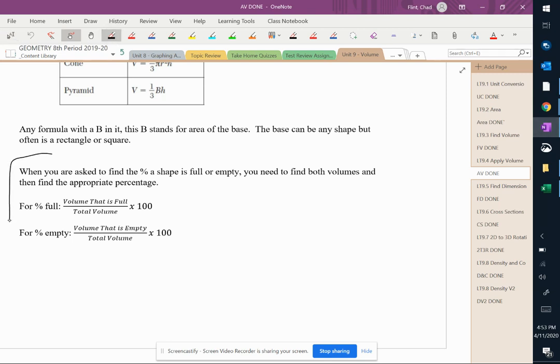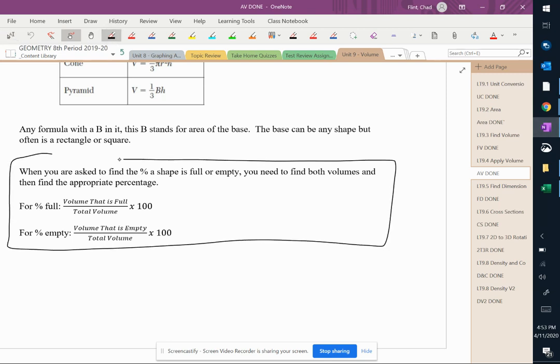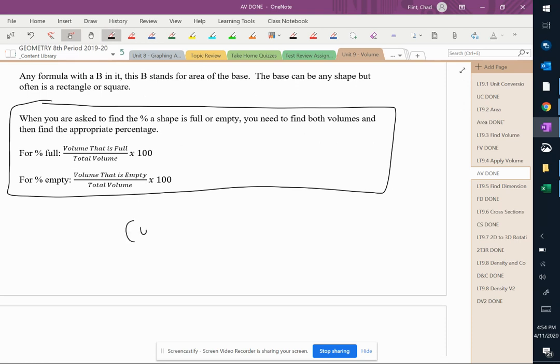What is going to be in here, and is introduced towards the end of this file, and it's something that's been on the Regents 3 or 4 times, and we put it on tests quite often, is that you want to be able to talk about percents, because percents are something they like to have in all different math classes every place. So what we've done in the past with these is we've just asked, if you have this much water in a shape that's this big, what percent full is it or what percent empty is it? And remember that what you're doing is you're comparing